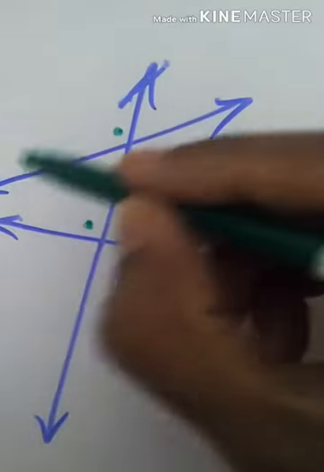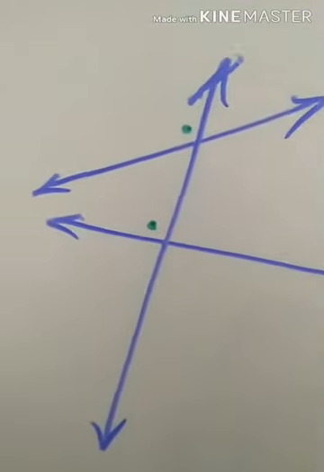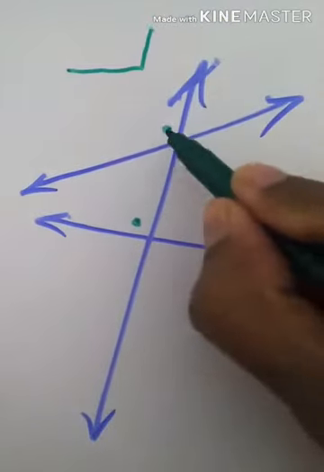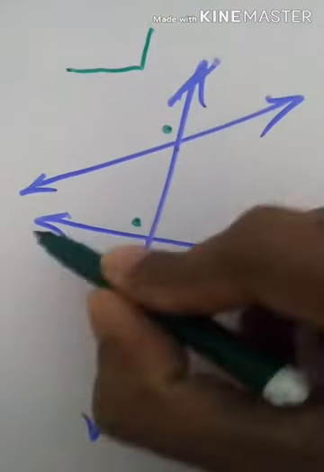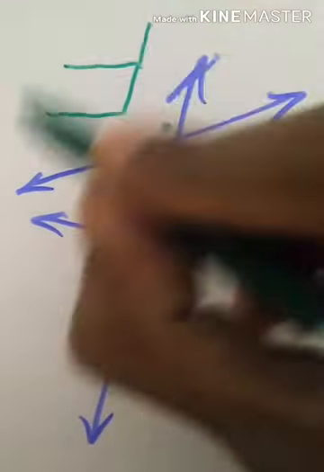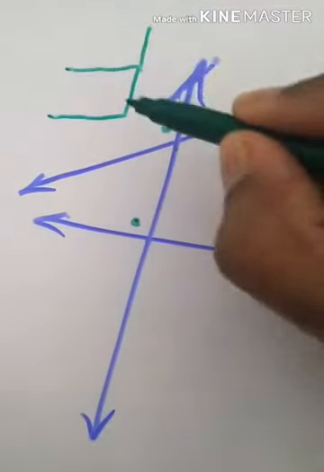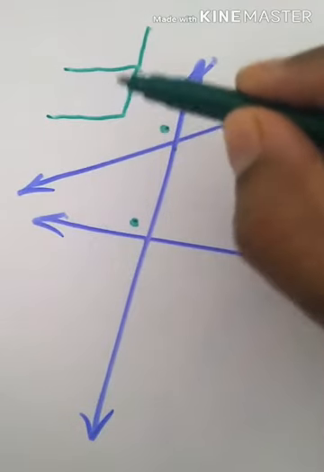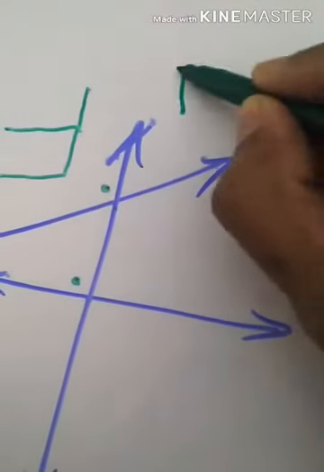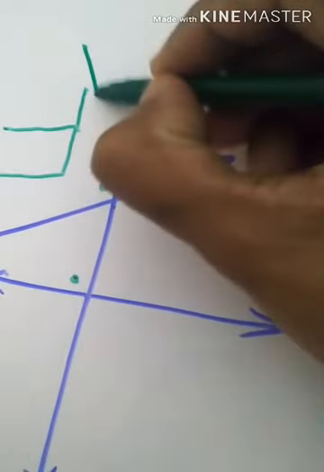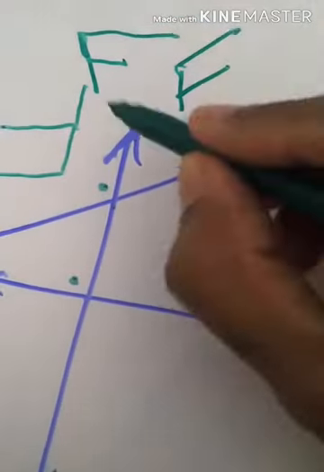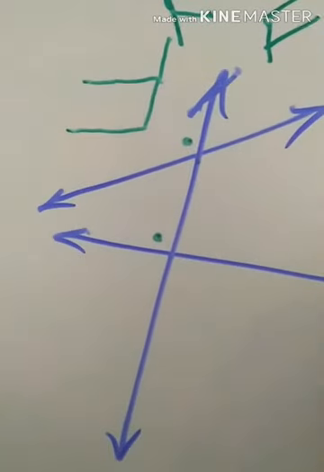Now if I take this angle out and I see the shape of these angles, let me show you. The first angle was this way, and the third angle started from this point and went this way. It is found that the shape made by a pair of corresponding angles is the letter F. It can be this way, or this way. So corresponding angles roughly make the alphabet F shape. This is a clue to remember corresponding angles.